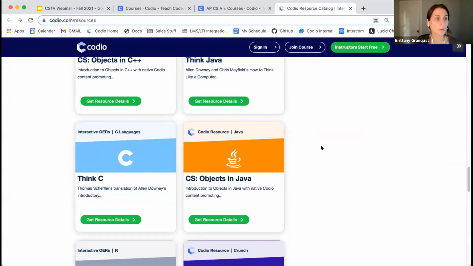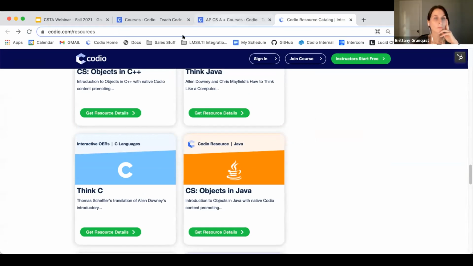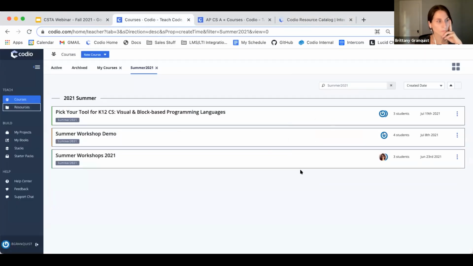What sometimes people will do when they have a longer course, they'll mix and match those two. They'll take those two Java courses and combine them into one. So we actually just had a university do that. Good question. And David, with our in-house content, we like to go intro and then objects, is how we've done it. But like Brittany said, you can mix and match. The in-house content is getting rave reviews. But usually intro and objects. So great question.